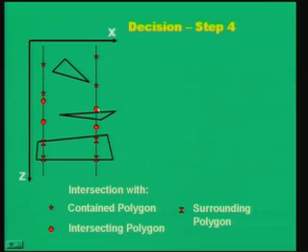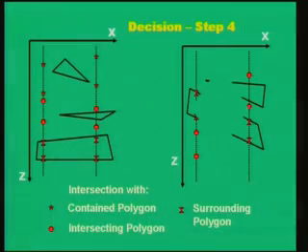Then the circular dots represent the intersection of the intersecting polygon with these 4 lines, and if the surrounding polygon is in front, in this case, you are sure that the surrounding polygon is in front because the z coordinates are the maximum and you paint it. But what about the second case? The other case, if you see here, there is a surrounding polygon, but what could happen is there could be a case where there is an intersecting polygon in the back side which is overlapping and coming from behind. Okay. It could intersect at some point, but there could be something coming from behind which is visible.